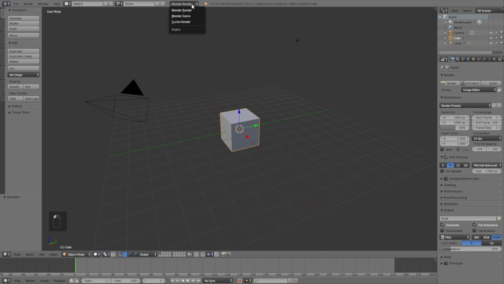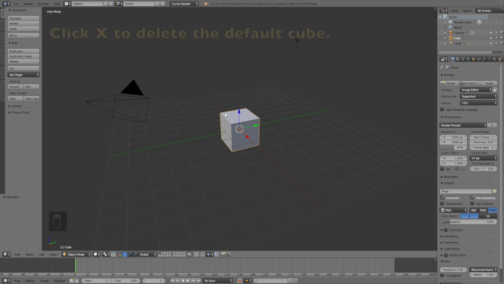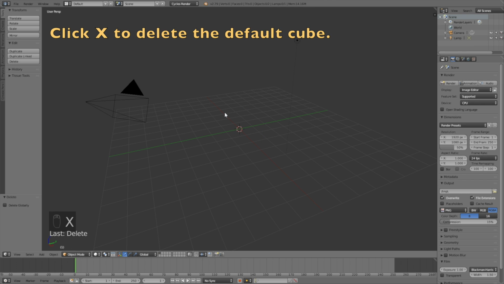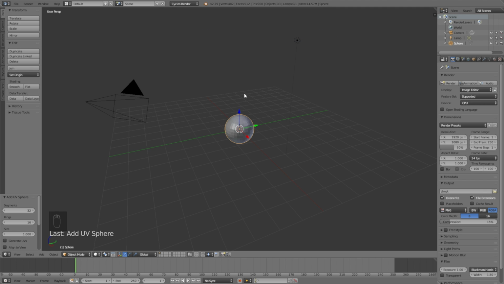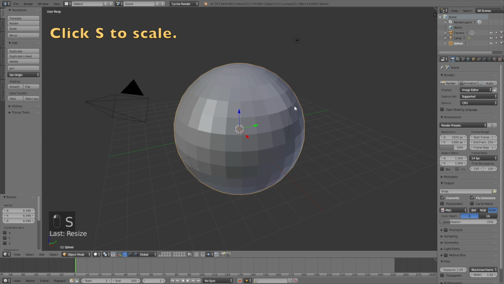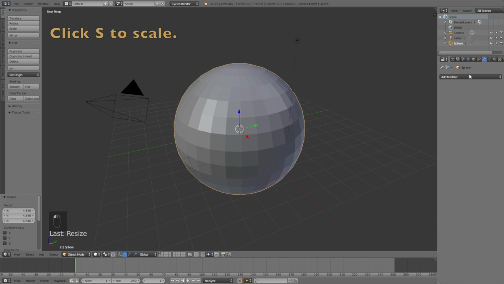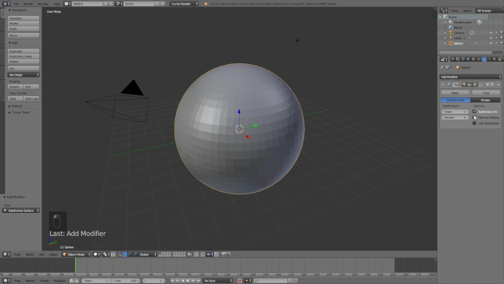Okay, so start off by switching from Blender Render to Cycles Render and then click X to delete the default cube. Then click Shift+A and add a UV sphere. Then click S to scale it up. And then go into the modifiers, add a modifier and add the subdivision surface modifier to increase the amount of